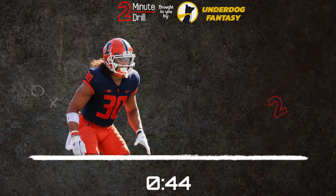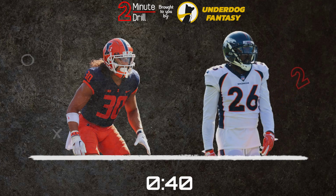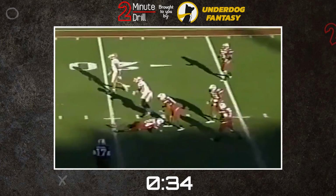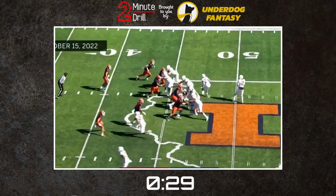For a pro comparison, I think Sidney Brown is very similar to Darian Stewart, who spent most of his career with the Rams and Broncos. Stewart was a similarly framed safety who was very physical working downhill, but also flashed impressive ball skills and open field ability that allowed him to come into the NFL and find time at both safety spots while succeeding in